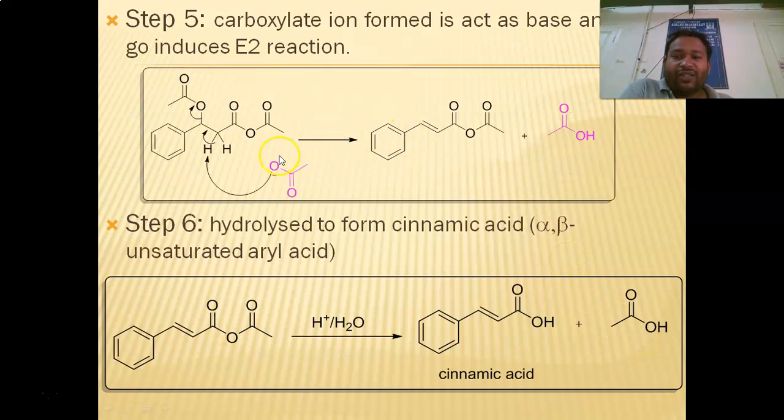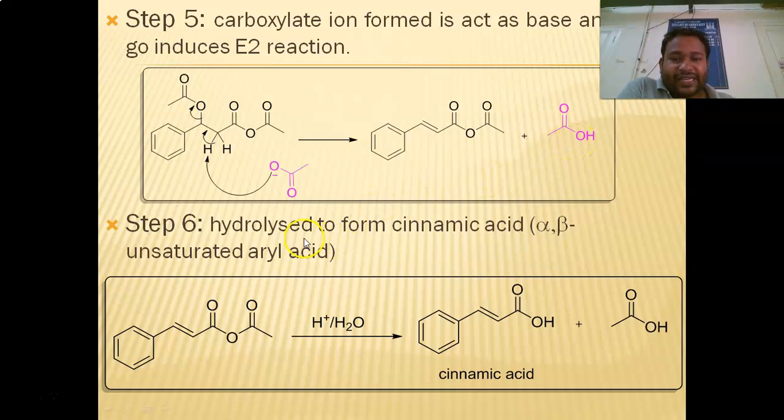The fifth step involves the acetate ion. We know that these methylene protons are more acidic in nature because they have an electron withdrawing group adjacent to the carbon. Due to the electron withdrawing group, these methylene protons are more acidic. The acidity is enough to allow one of the protons to be grabbed, and the breaking takes place, forming the double bond and acetic acid.